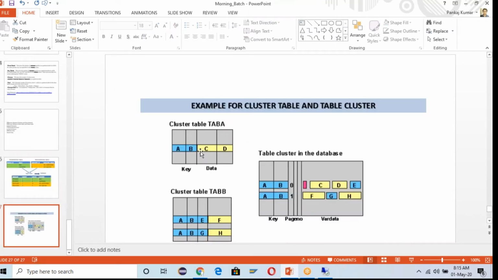I have also taken this screenshot from the SAP standard documentation. You can go and check the SAP standard documentation as well. This is how data gets stored in the case of a cluster table. You have cluster table A and cluster table B, and if you want to store the data, you can store it over here. You can see the data is logically related. How is it logically related? Here you have A and B as the key, and here you can see A, B, E. That means this record is dependent on this record, which means logically related. This record, ABG, is also logically related to this ABG. So these records are logically related to each other, and if these are large tables, they are the suitable candidates to